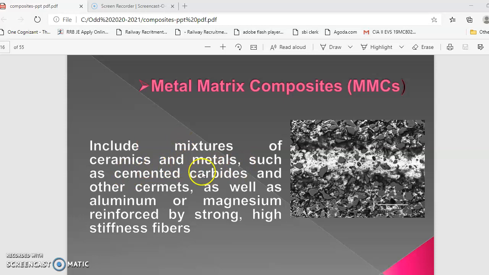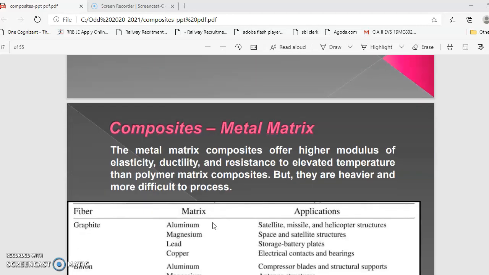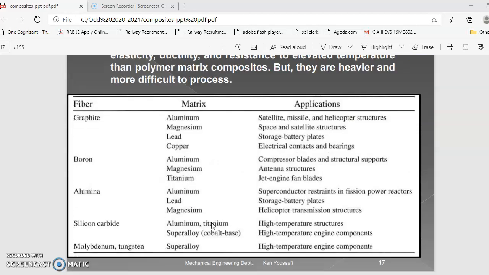This includes a mixture of ceramics and metals such as cemented carbides and other ceramics, as well as aluminium or magnesium reinforced by strong, high stiffness fibers. The metal matrix could be aluminium, magnesium, lead, or copper. It could be aluminium with boron, aluminium alumina, lead alumina, magnesium alumina, and silicon carbide. So instead of fibers, we'll be using graphite fiber, boron fiber, alumina fiber, silicon carbide, molybdenum, and tungsten along with